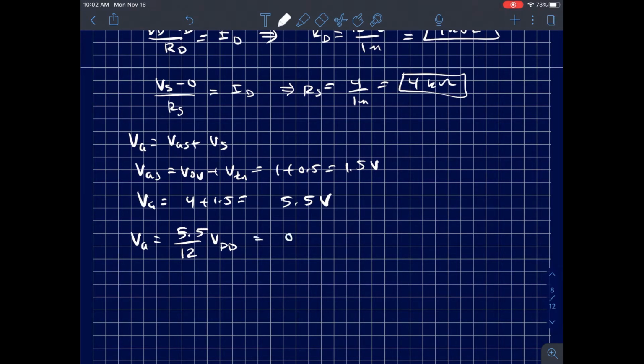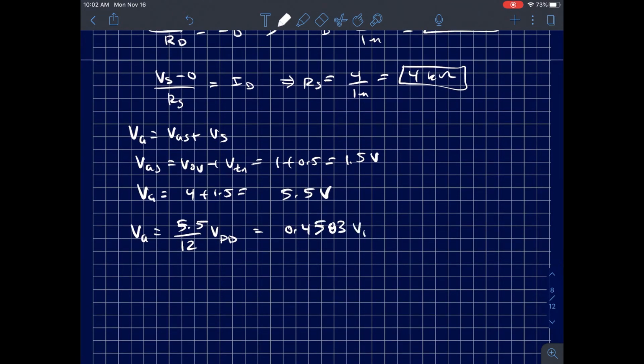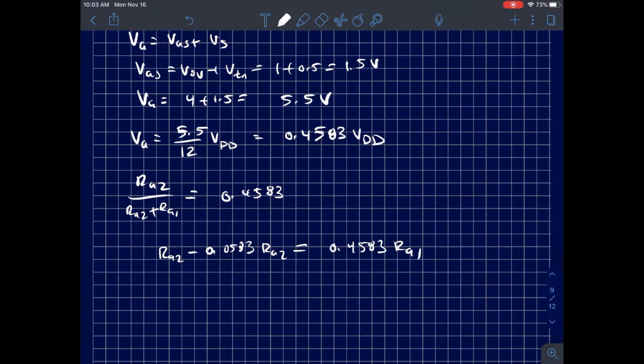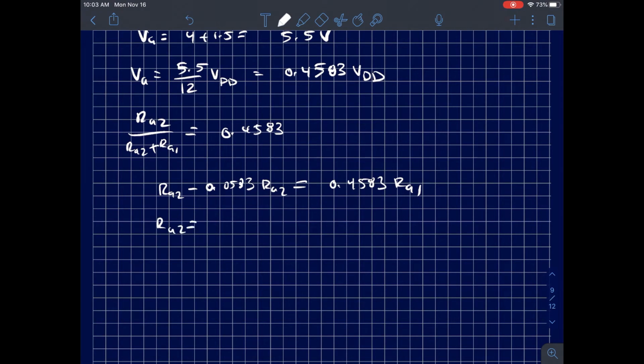Or in other words, it's 0.4583 VDD, which means R gate 2 over R gate 2 plus R gate 1 is equal to 0.4583. We can solve this, so I know that R gate 2 minus 0.4583 R gate 2 is equal to 0.4583 R gate 1,